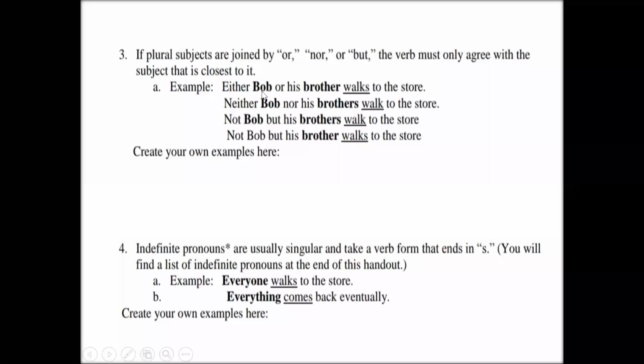Fine. Now Bob is singular, brother is singular. So you will not consider Bob for the verb, but you will consider brother for the verb. So your brother is singular, so you will add s or es to the verb. Now look at the second example. Here Bob is singular, but the word brothers here is plural. So we will not consider Bob, but we are going to consider the subject closest to the verb.